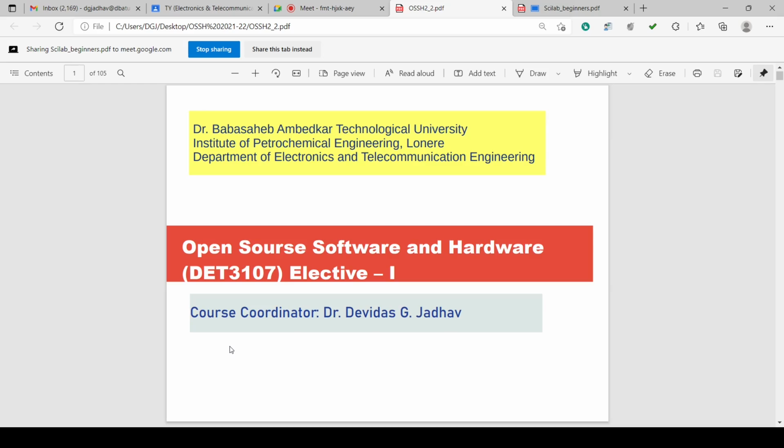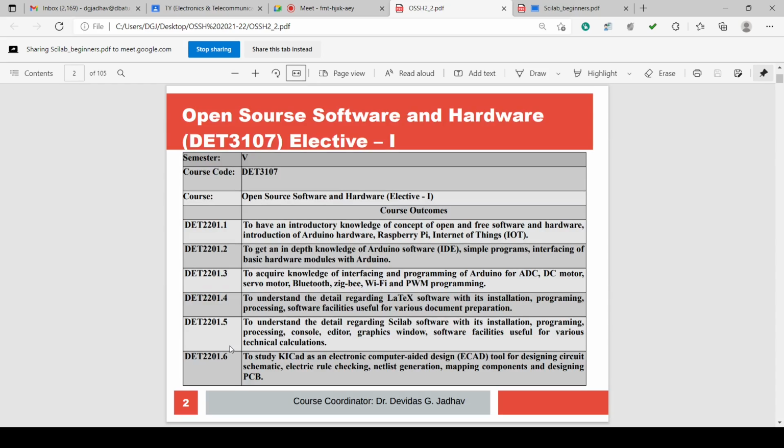So good morning. This is Open Source Software and Hardware DET 3107, Elective 1. Course outcomes: to have an introductory knowledge of concept of open and free software and hardware, introduction of the Arduino hardware, Raspberry Pi, Internet of Things IoT, to get an in-depth knowledge of Arduino software IDE, simple programs, interfacing of basic hardware modules with Arduino, to acquire knowledge of interfacing and programming of Arduino for IDC, DC motor, servo